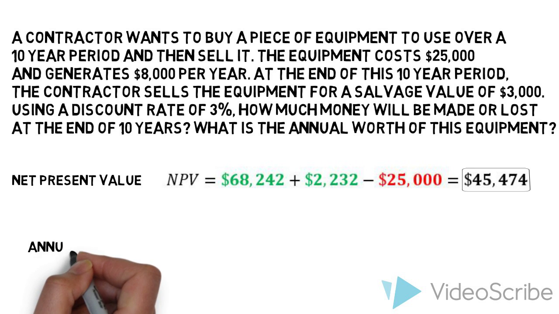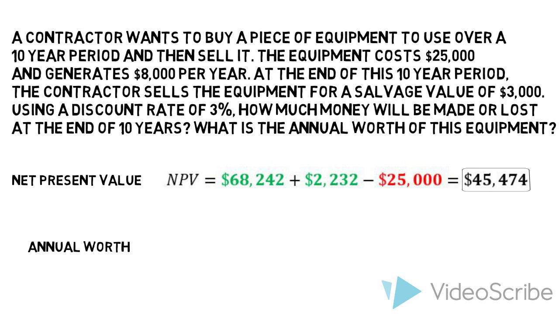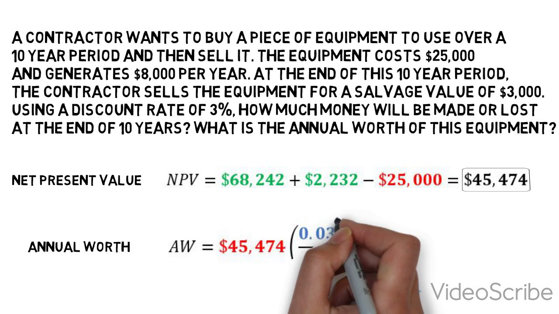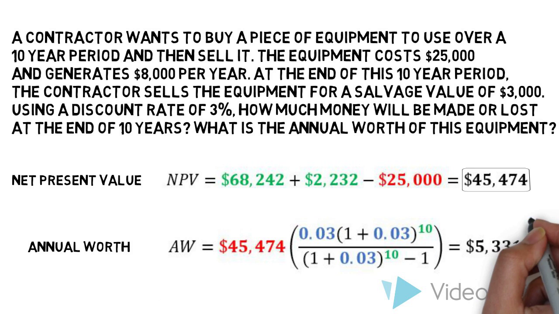Now the annual worth of the equipment will be calculated. This will be done by using the equation for annual worth that was presented earlier. The net present value of $45,474 is in red, while the discount rate of 3% is in blue and is being compounded over a period of 10 years in green. This results in a final annual worth of